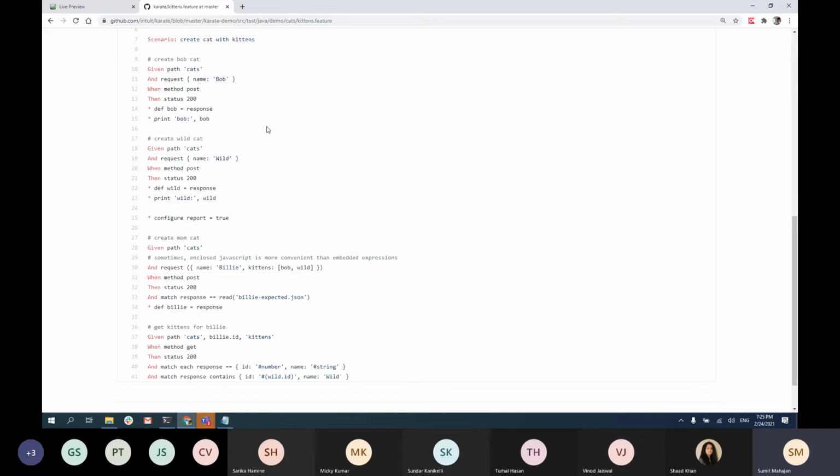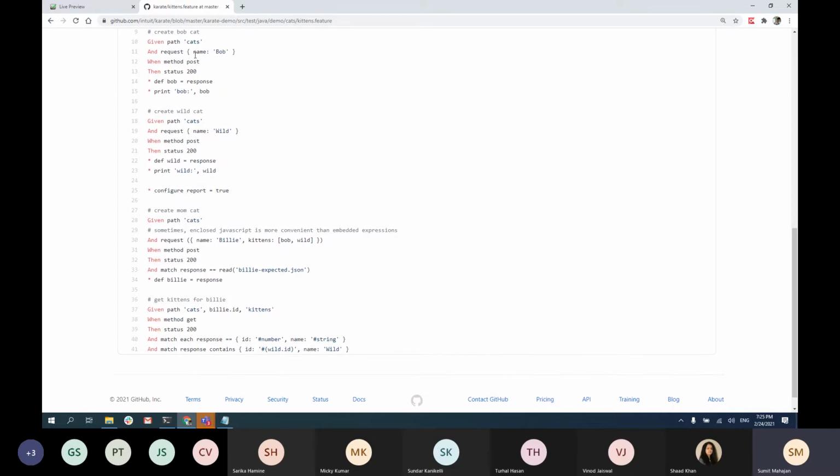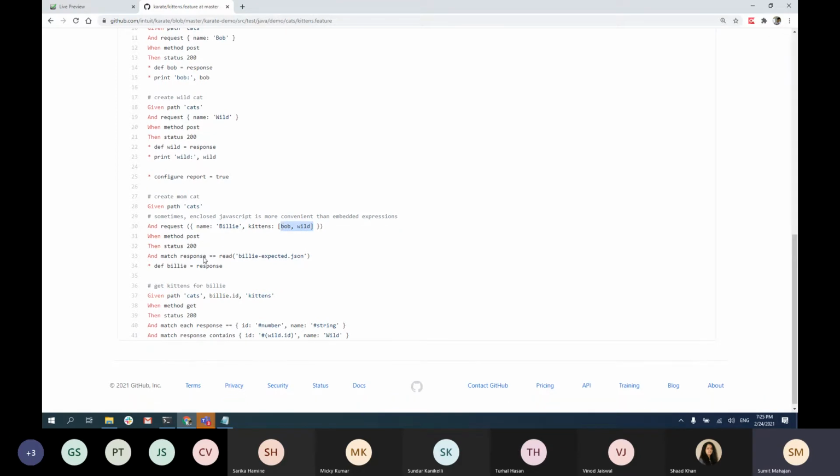That's mostly a post request, right? And then once you create Bob the cat, you're creating another cat called Wildcat. And once that is there, you are checking if Bob and Wild are created or not, right? So it's going to be a request which you are reading from a JSON file.